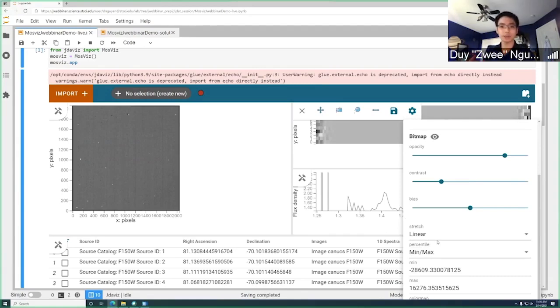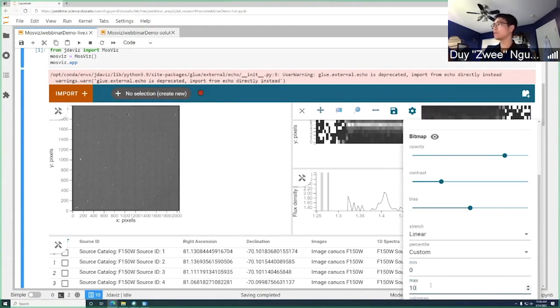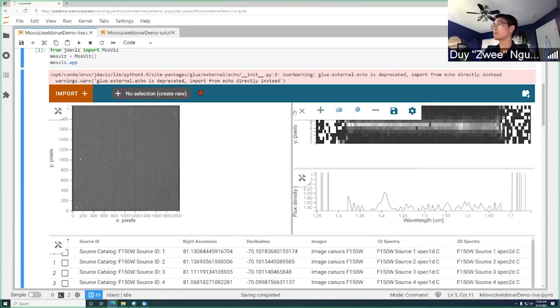And we're going to try to adjust our minimum and maximum stretch values to roughly be in that same region of the spectral feature. So I'm going to adjust our minimum to maybe be around 0, and then set our maximum to around 10, and that way our peak of around 2 megajanskys will be just in this field of view. And as I go ahead and exit from here, you can see this is starting to be a little